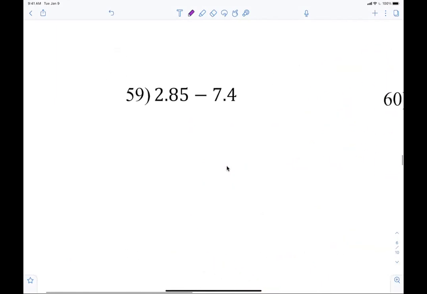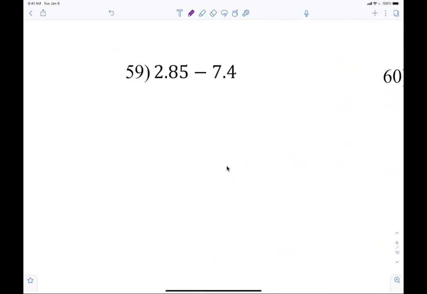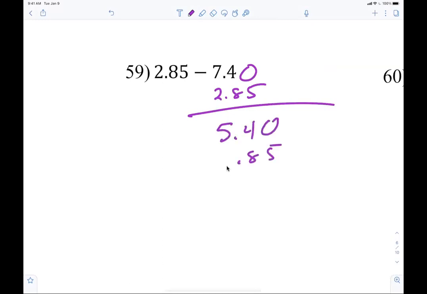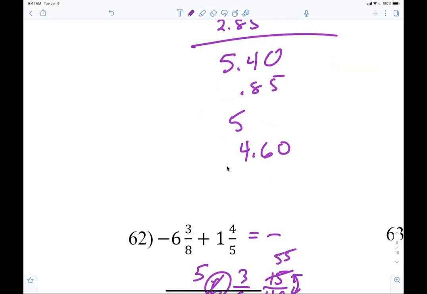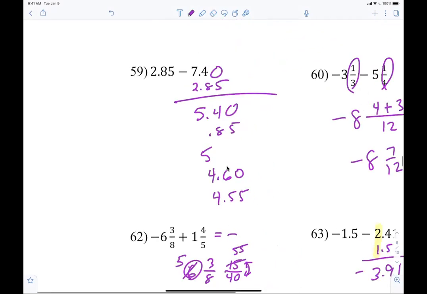Now over here, 7.4. So am I going to add or subtract them? Subtract them, 2.85, right? Now again, if you want to do that, that's totally fine. But I know 7 minus 2 is what? 5. 5.40 minus 0.85. So I subtract 40 cents. That's going to take me to 5. Then I subtract another 40 cents. That's going to take me to 4.60. Then I'm going to subtract another nickel. That's going to take me to 4.55. And then I check negative. All right, did anybody see that?